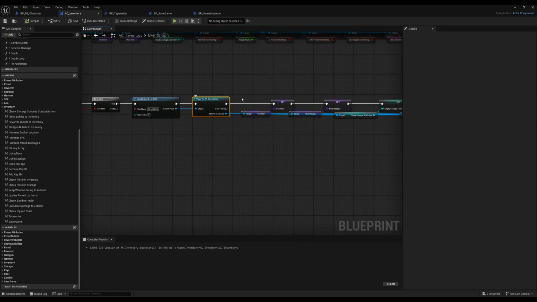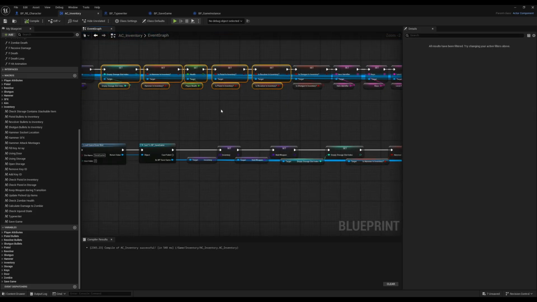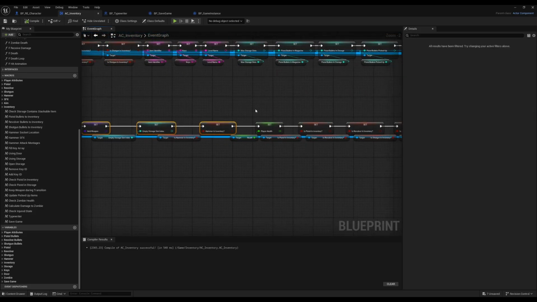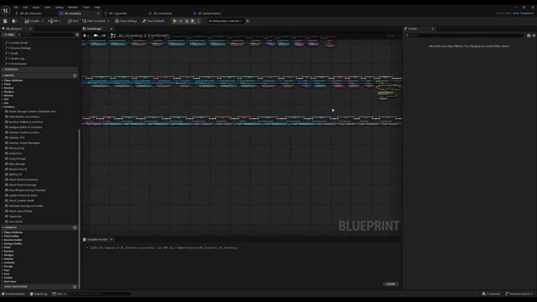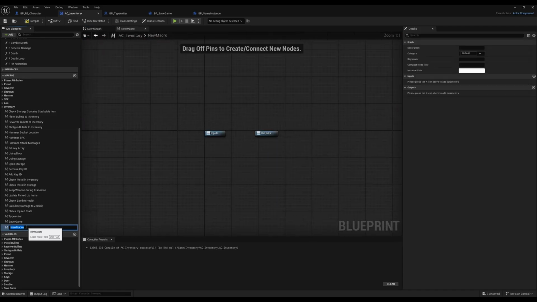Then we need to cast to our BB game instance to access all the data, which we saved here before. Then our AC has been refilled, basically. But at the same time, we need to create a macro. And this macro, let's call this one transfer data to game instance. And I know, now you're freaking out, right? Yes, I would also freak out